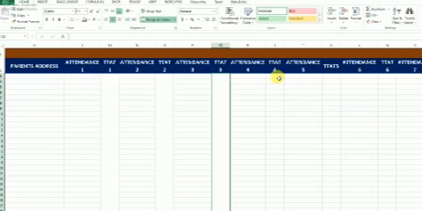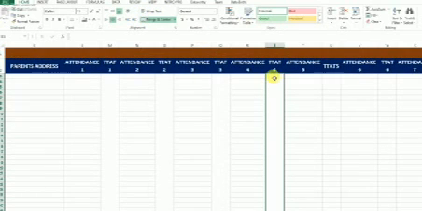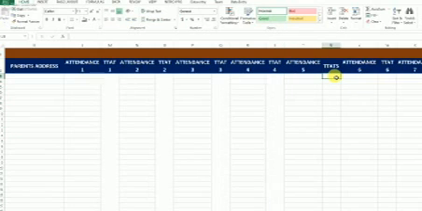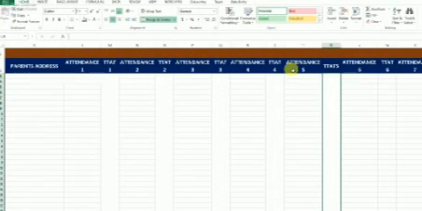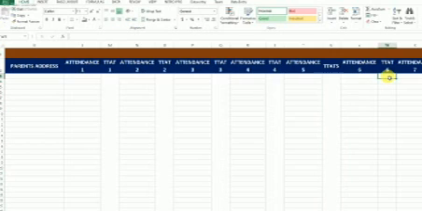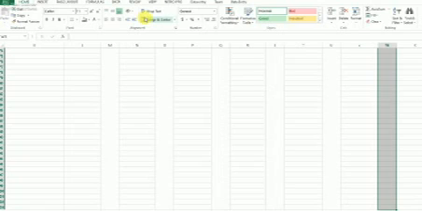You do the same for the fourth one, merge and center. The fifth one, merge and center. And the sixth one, and merge and center.